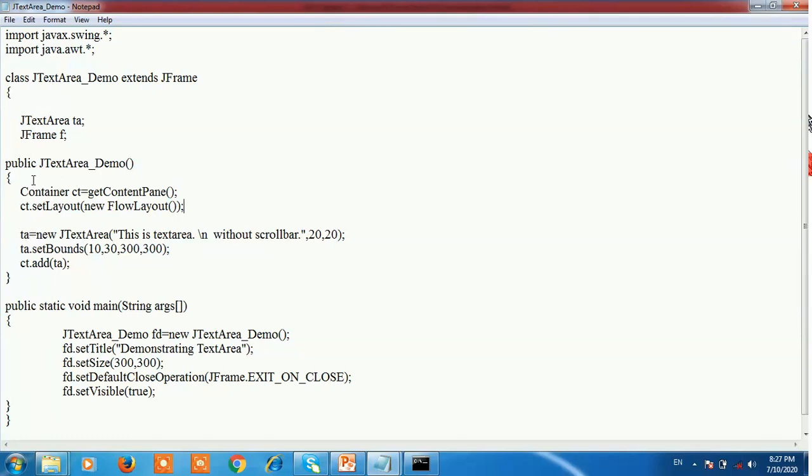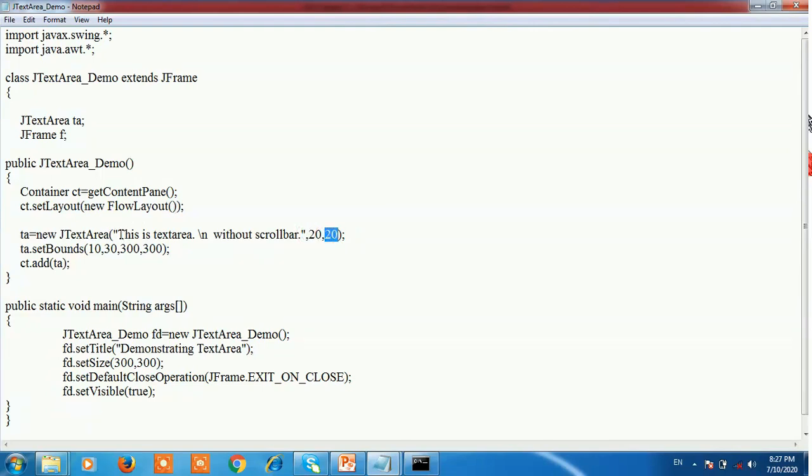Then create a text area object: JTextArea TA is equal to new JTextArea. This text area has 3 parameters. First is a string, second parameter is int rows and third parameter is int columns. It is nothing but the number of rows and number of columns.